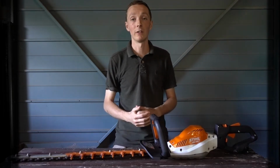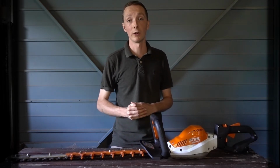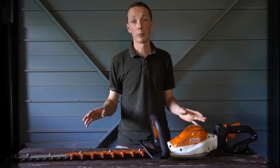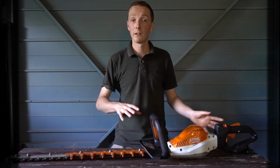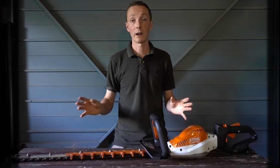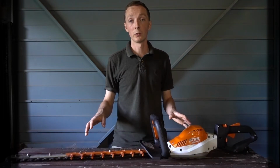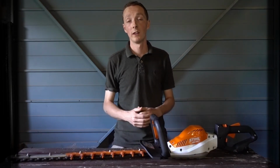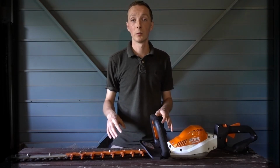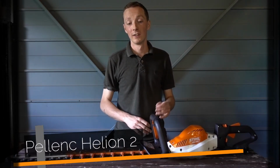I must admit I find I only ever need to use it on the first setting, which is perfectly fine for me because it gives me the best runtime. The machine comes in at about £420, which is quite a price, but again, compared to some of the petrol tools and some of the other brands, it's comparable, and it's a little bit cheaper than some of the petrol tools. So again, for this sort of performance, it's actually quite well priced. The only tools that I know of that have better or comparable performance are Pellenc hedge cutters, and they cost about £2,000. So, you know, that makes